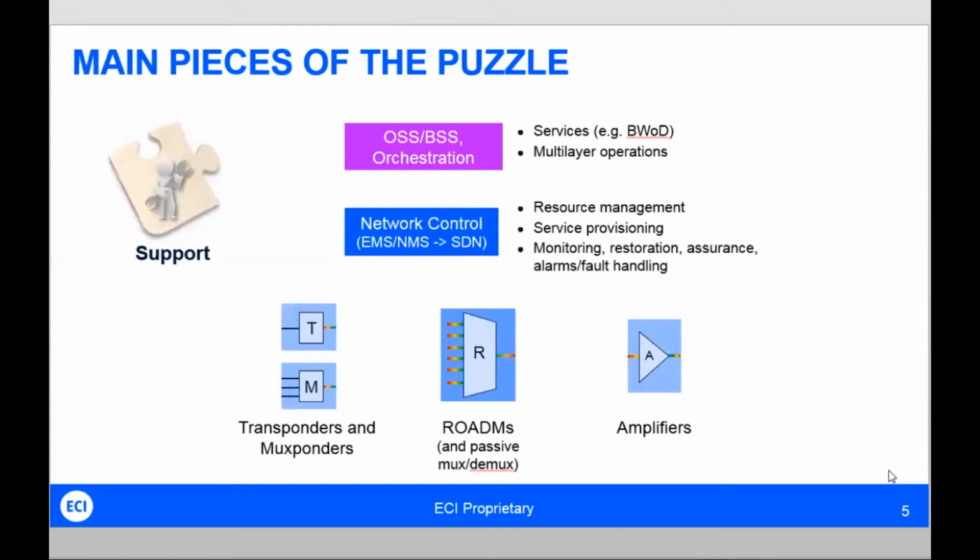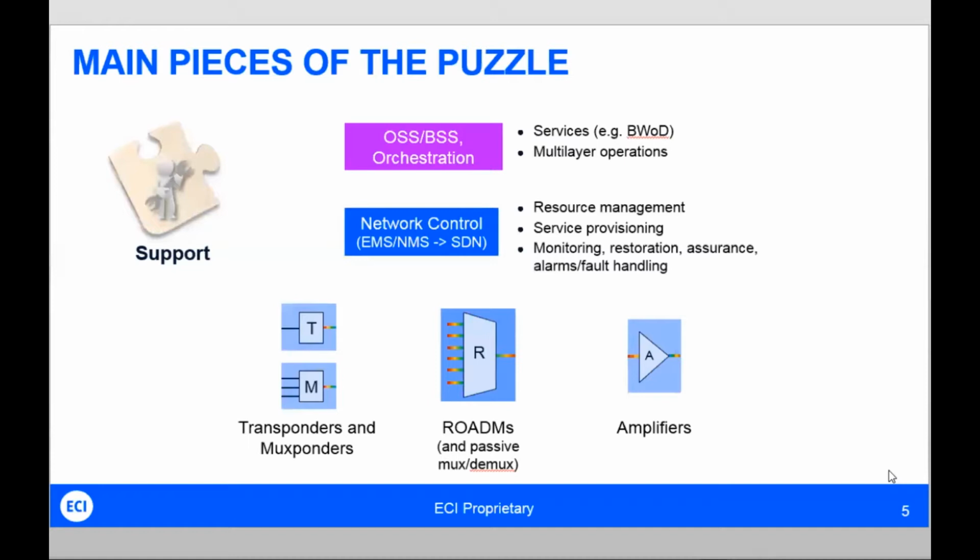So this is the part of the system that's responsible for actually sending and receiving the optical signals. But on top of that, and we certainly can't ignore, all this needs to be controlled. So in a traditional hierarchy today, we'd have EMS, element management systems, and network management systems, all evolving towards some kind of centralized software-defined networking control systems.